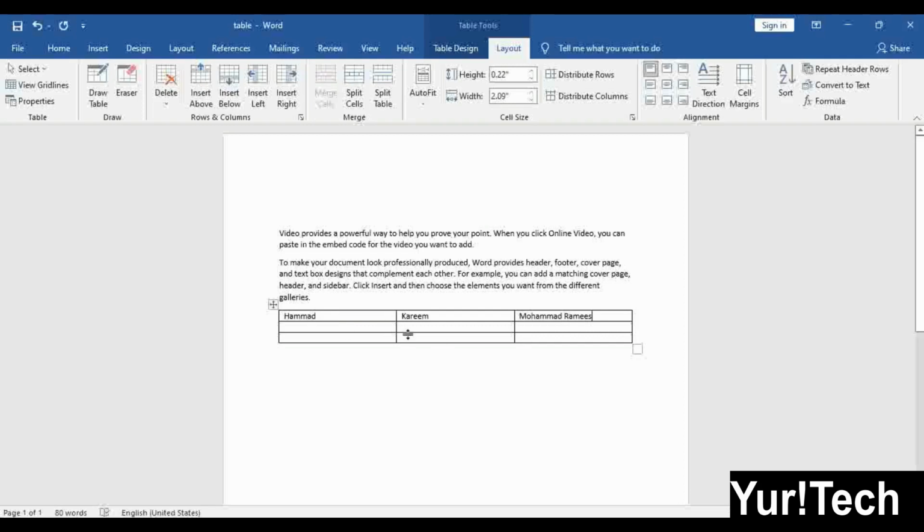I wrote this. Now I want my table to be adjusted to my content, my words. So select this, then click here, auto fit content. Now see, there is no space between the words. Now after this, if I write any words here like